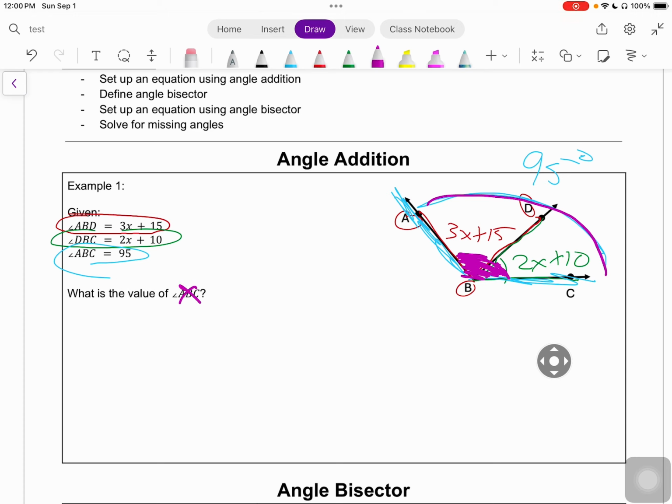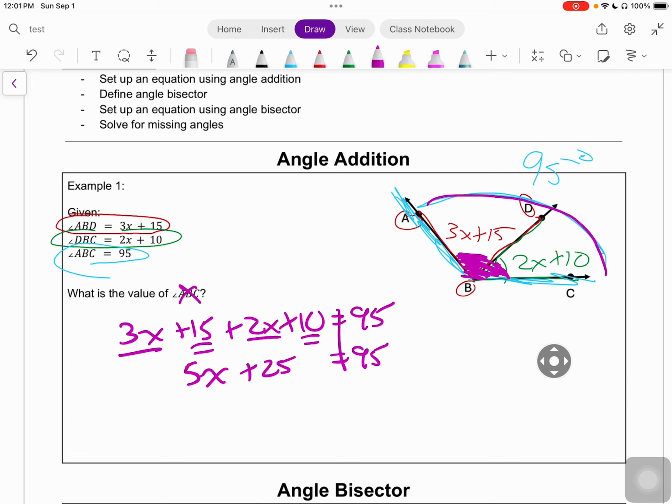We got our line down the equal sign, combine like terms. 3x and 2x is 5x, 15 and 10 is 25. And we are going to solve this two-step equation here. All right, we should get x equals 14. If we wanted to find the two smaller angles, we could plug the 14 back in for x, but we're not going to have to do that for this question. All right, so being able to set up these equations, very important,